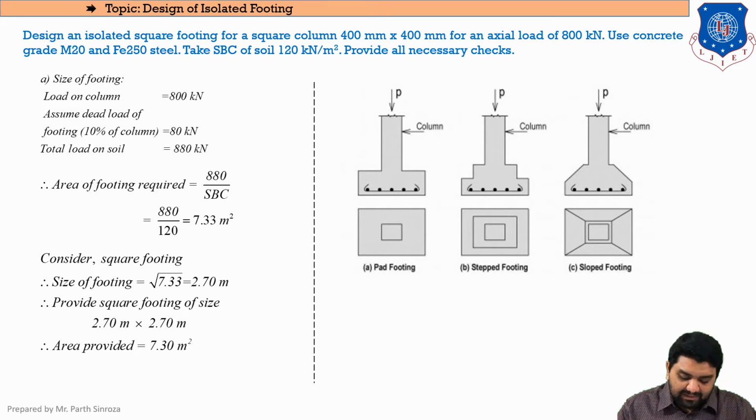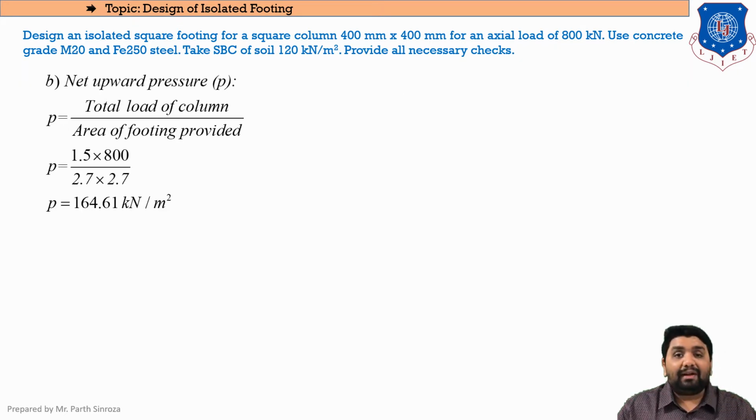So this was regarding our size of footing, and the next thing will be to find the net upward pressure. So the net upward pressure, that is our stress. The equation for stress will be load upon area. So here the total load on column will be considering the factored load. For designing or for finding the size of footing, only the working loads will be considered. For the rest of the loads or for the rest of the moment calculation, we always will be taking the factored load